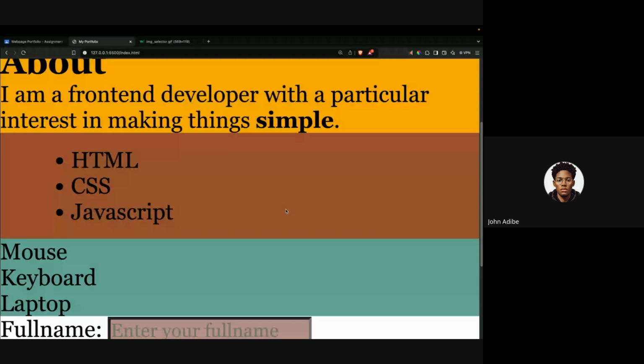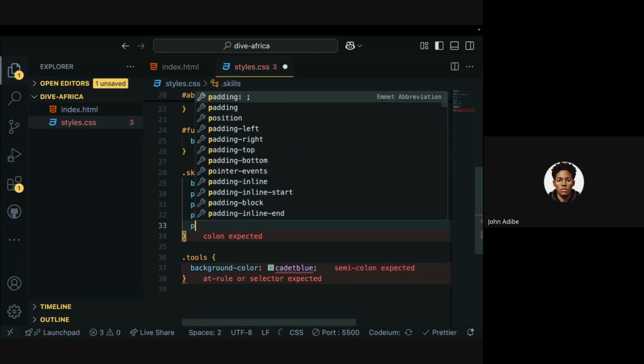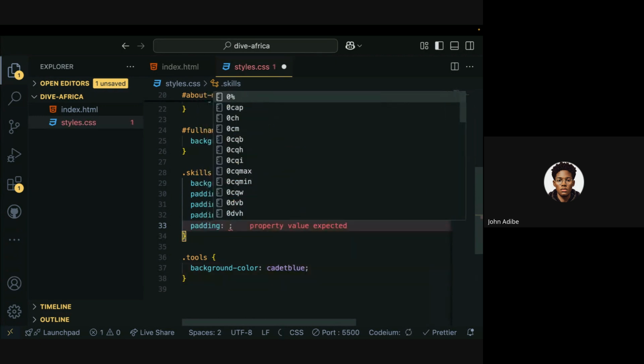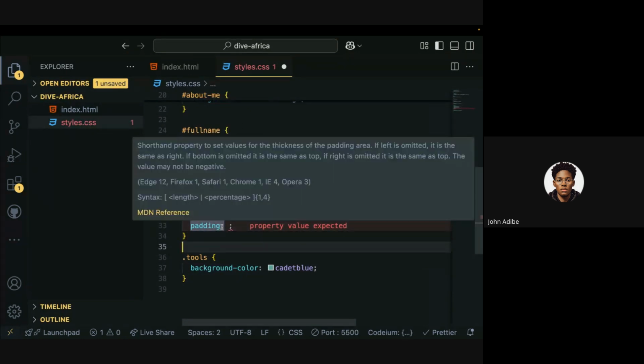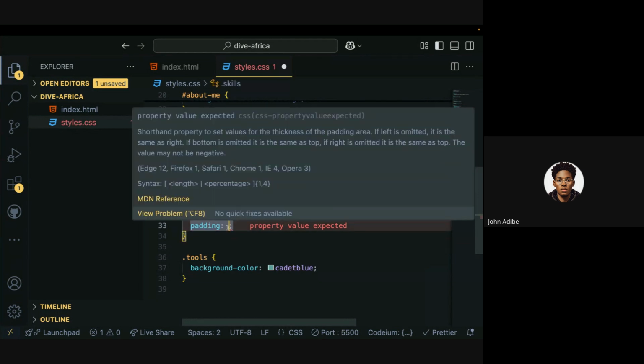Yeah, we can see we now have a space at the top and a space at the bottom. All right, there is one more way to write padding without writing it individually. We can just say padding. There's a padding attribute. This takes in one value or 4 values. You can put in only one value. If I say 50px,